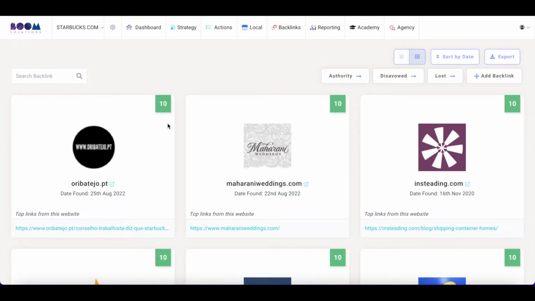We rate all of these websites and we score all of these backlinks based on a domain authority score. The domain authority is a metric that is unique to us. We use our own algorithms to calculate an overall score based on a combination of your trust flow and your